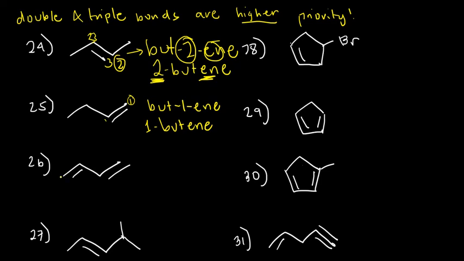So either starting at the left or the right, you have here the numbers 1, 2, 3, 4. The first double bond is at number 1, and then the second double bond will have the number 3. So if I have two double bonds, I'm also obliged to write the multiplicity prefix di. So it's diene. And the numbers for those two double bonds are 1 and 3. And finally, the 4 carbons should be indicated, but